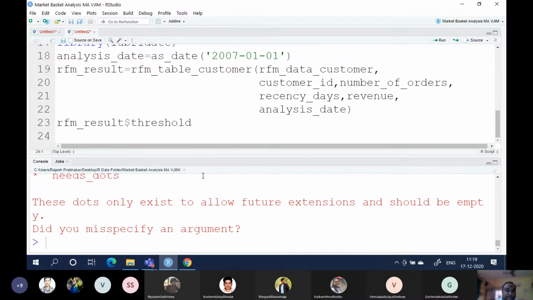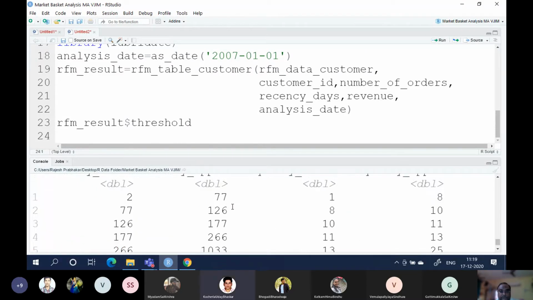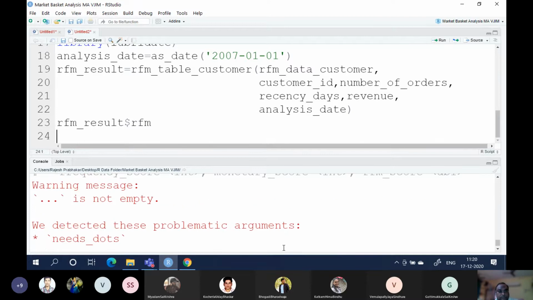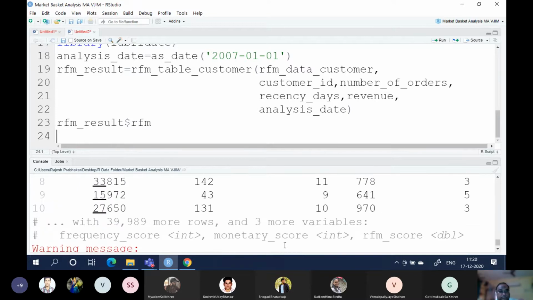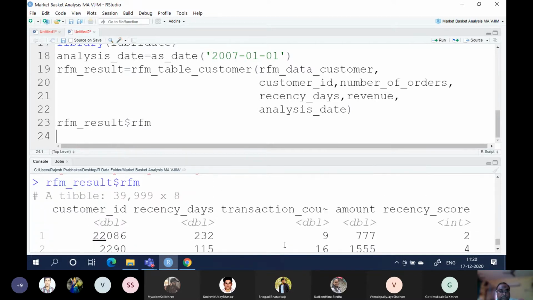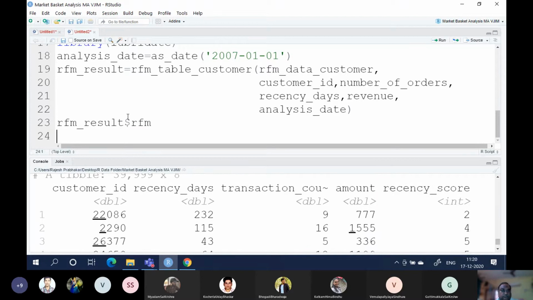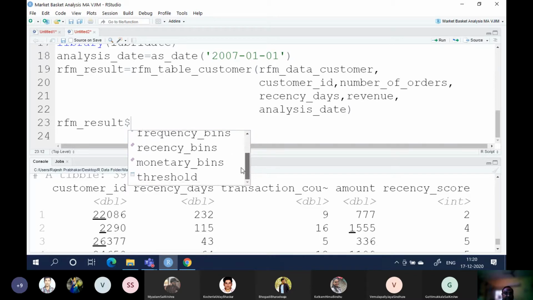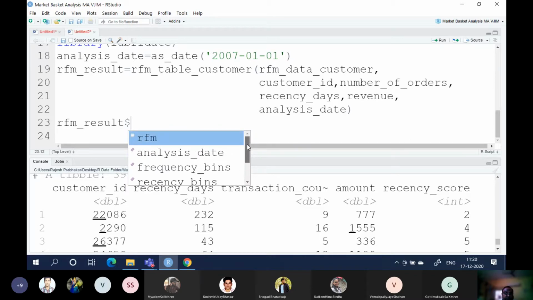Let us see what we have in threshold. It has all the things: frequency bins, recency bins, monetary bins, and threshold.